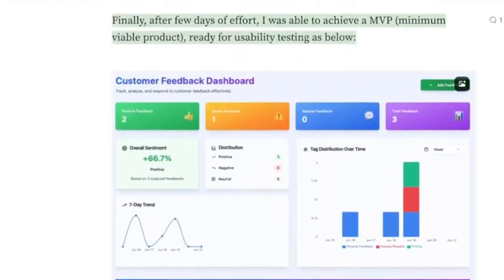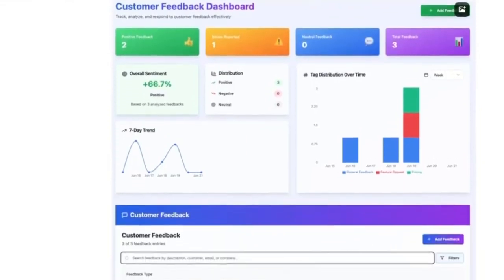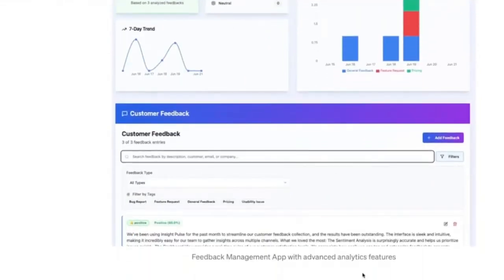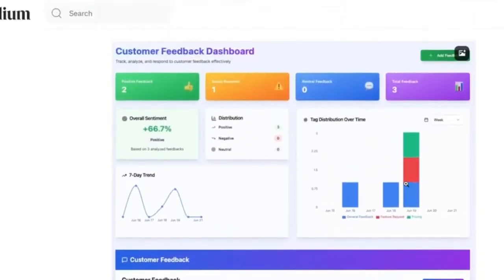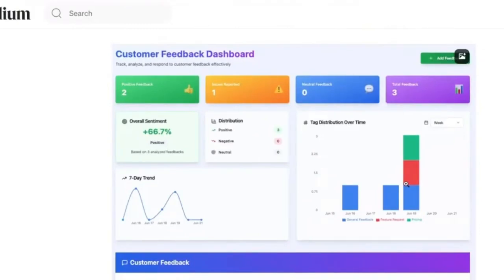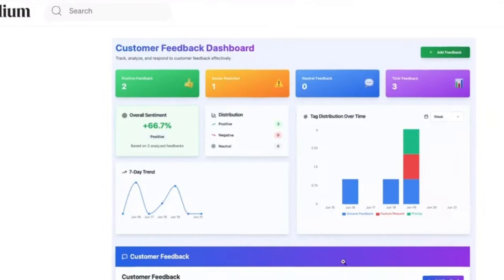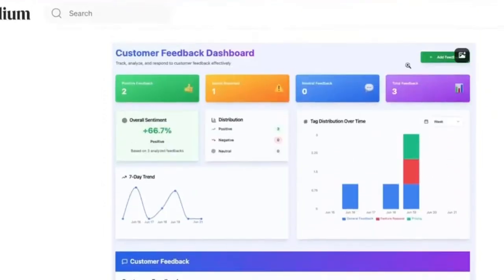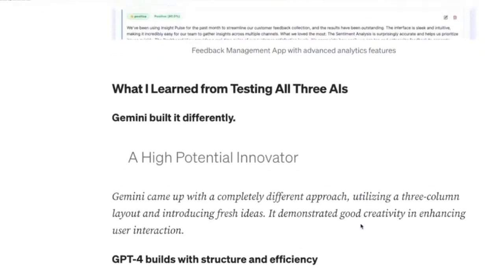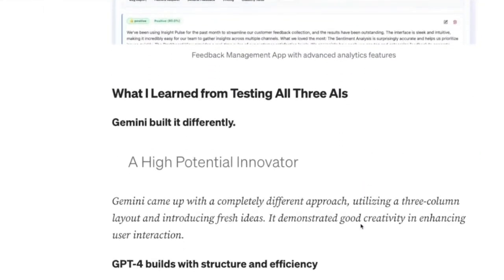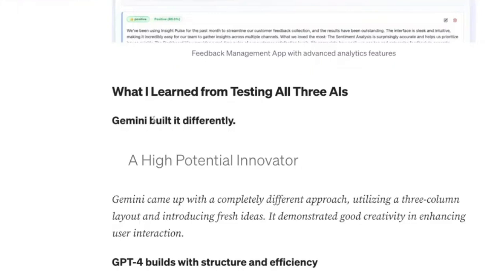And then finally I built up something like this, and I even improvised it, because as I built further there were some flaws, like the add feedback button appearing twice. I made all those corrections; something was broken, but I fixed it gradually. So that's why it took me long. But if I have to summarize, I see that Gemini